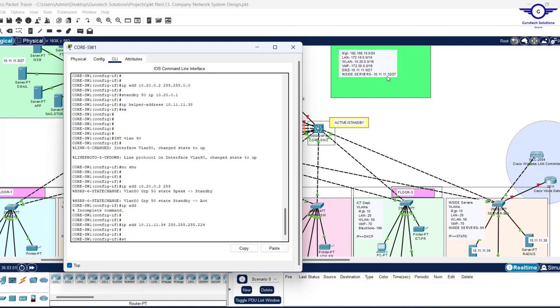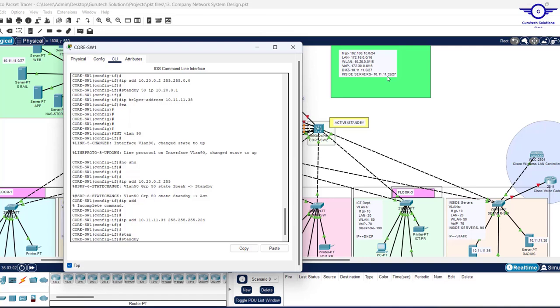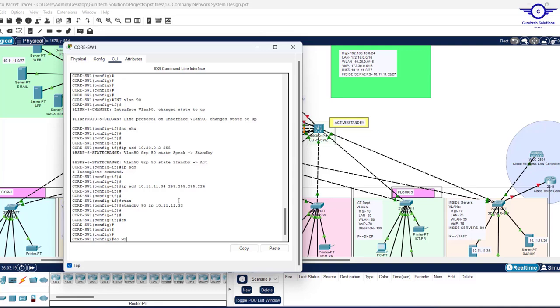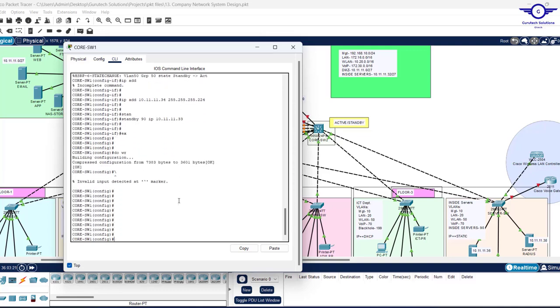Good. Then standby 90 because it's VLAN 90. IP to be 10.11.11.33, the first available IP address. Okay. Then here, we don't write IP helper address because the servers we're going to assign static IP addresses. Exit and do write. Then the most important thing that I want to do here, I just want to say